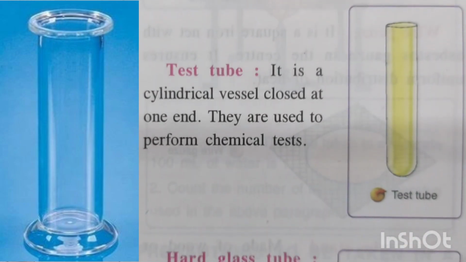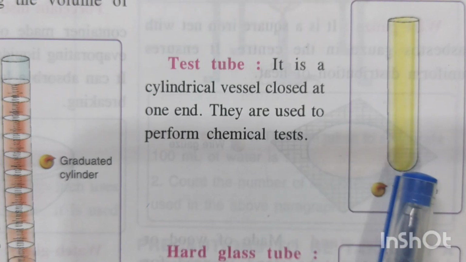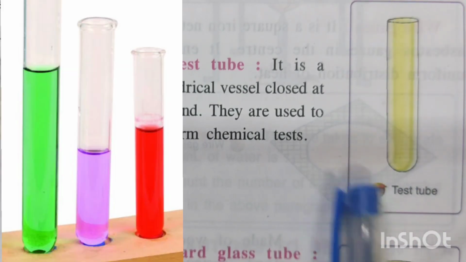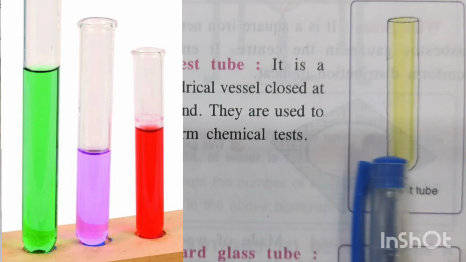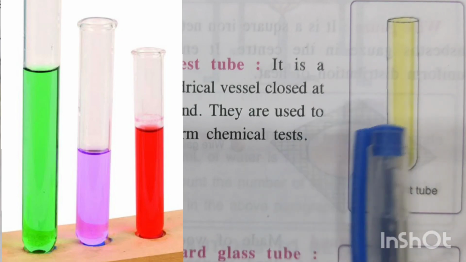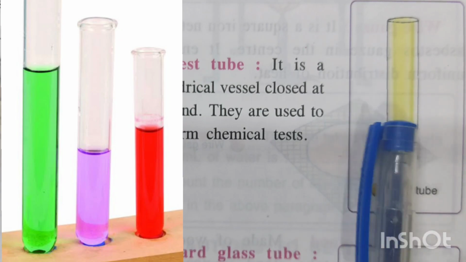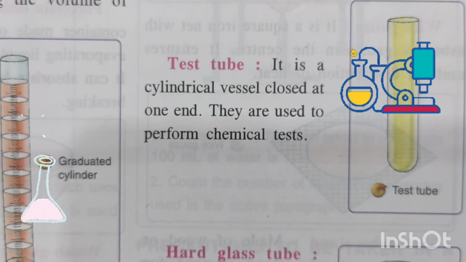Next we come to test tube. Now test tubes are the most common apparatus that we find in every chemistry lab, children. Those are known as test tubes. Test tubes are also made up of glass, children, because when we are doing any experiments, we are trying to mix or heat the substances, you can easily see from outside the test tube only from a distance what is happening or what kind of a reaction is taking place, whether the color is changing, whether the things are getting boiled, what is the color of the fumes that is coming out, or whatever.